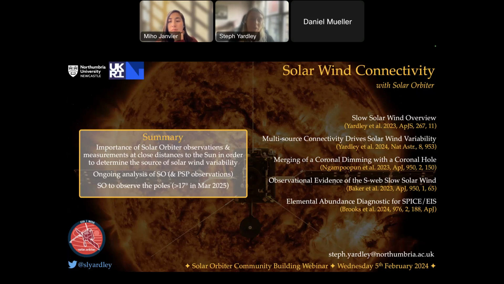And I guess looking forward, it's very close now, Solar Orbiter is going to incline its orbit and observe the poles. This will begin from March 2025, which is actually next month, where Solar Orbiter will be at an inclination of 17 degrees. Now this will increase year upon year, and so we'll get a very nice view of the poles. And I believe that some of these will have these fast wind SOUP campaigns that will be running during these periods too. And so here are just the various